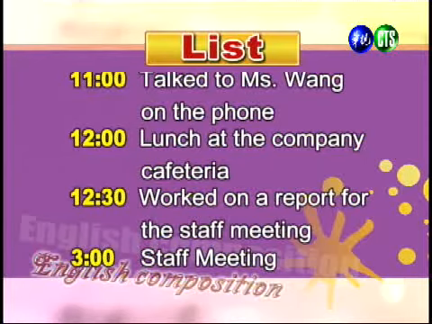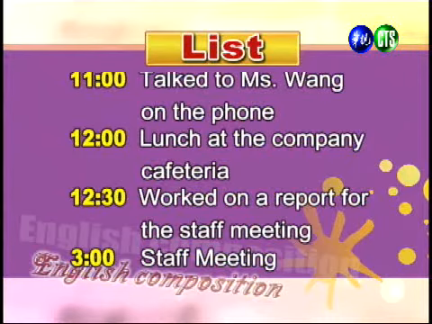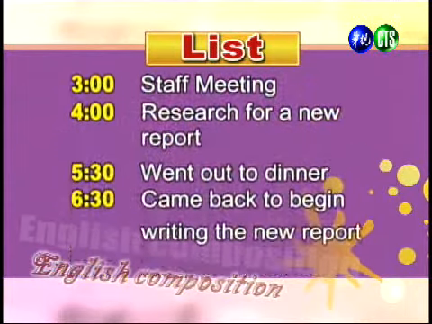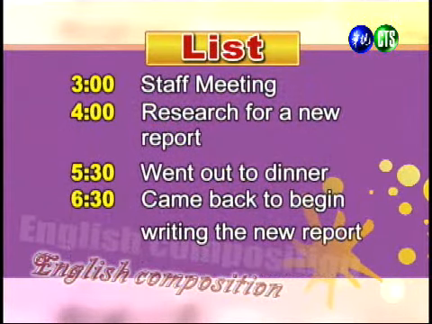All right, 12 o'clock, lunch at the company cafeteria. 12點的時候，在這個公司的這個餐廳呢，吃飯。 All right, 12:30, worked on a report for the staff meeting. 12點半的時候，準備開會用的報告。 3 o'clock, there was a staff meeting. 3點鐘的時候，開這個員工會議。 4 o'clock, there was research for a new report. 4點的時候，做新的報告。 5:30, went out to dinner. 5點半的時候，外出吃晚餐。 And then 6:30, came back to begin writing the new report. 6點半回來繼續寫這個新的報告。